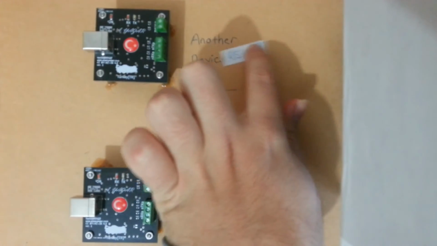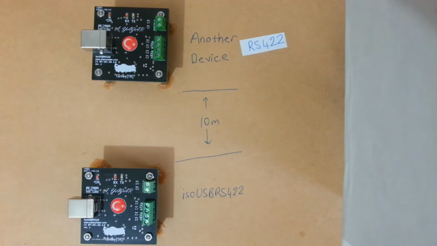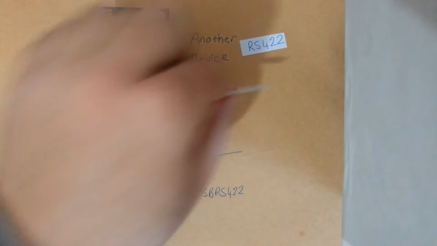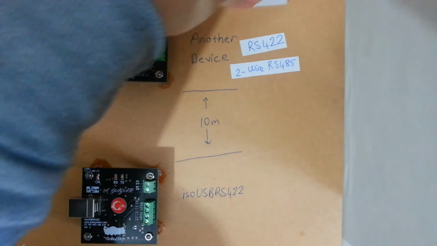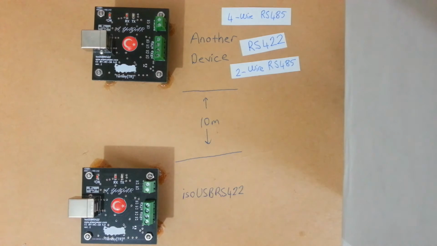it may be an RS422 device or a two-wire RS485 device or a four-wire RS485 device. And suppose that